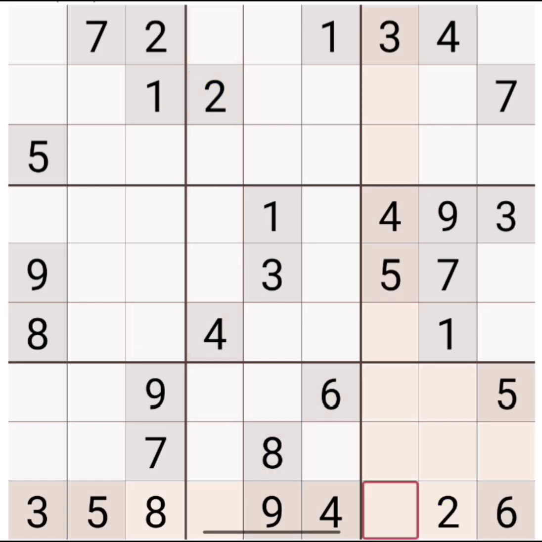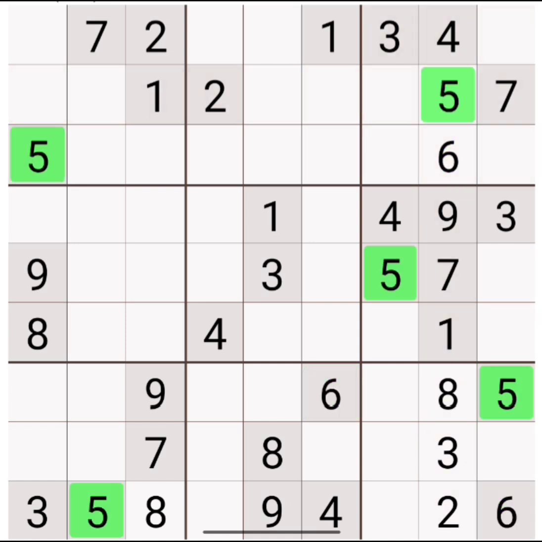Now let us take the 8th column. In this column, 4, 9, 7, 1, 2 are there. 3, 5, 6, 8 are missing. But we cannot give place to 5, 6 in these two cells because 5 and 6 are in the same box. So we'll place 3 and 8 in these two cells. So 8 cannot come in this cell because 8 is there in the same row. So we'll place 3 here and 8 in this place. Now we'll place 5 and 6 in these two cells, but 5 we cannot place here because 5 is in the same row. So we'll place 6 here and 5 in this place.